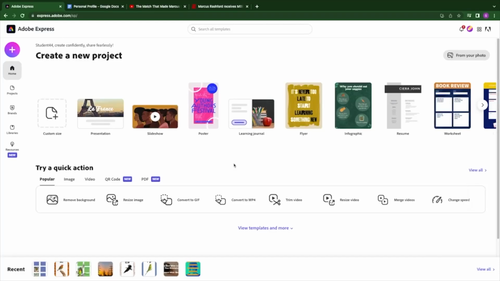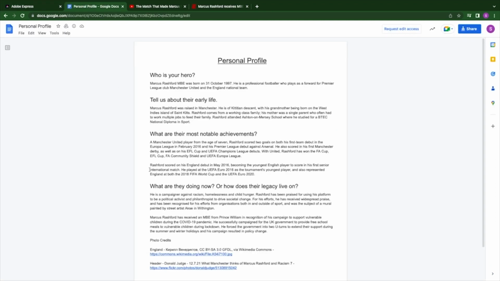So I'm going to make a web page, and this is for my Global Citizenship Challenge, focusing on inequality, poverty, and nutrition. Now, a web page can be used to present all sorts of ideas, but the format is always very similar. In this particular example, I've decided to create a personal profile about Marcus Rashford, who successfully campaigned for